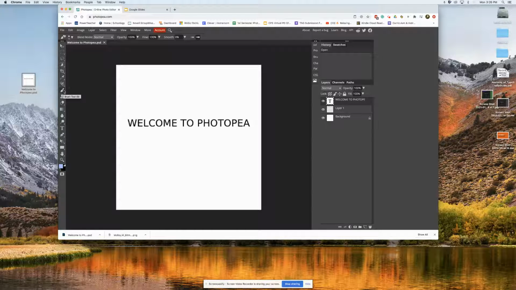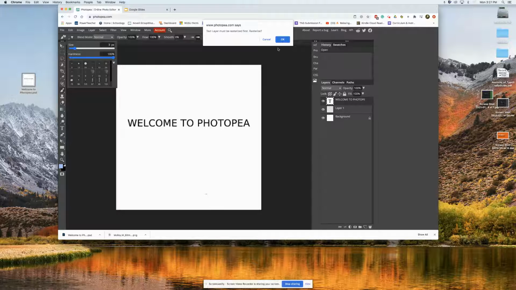Now, while we have our brush tool selected, we have all the options up here for the brush. If we want to make our brush bigger or smaller, we can click this down arrow here where it says 15, and we're going to move this down to about 3. Now this gives us a smaller brush, and if you're following along with me, let's go ahead and in the bottom right hand corner, we're going to click, and we'll notice that it says that this text layer must be rasterized first. We're going to go ahead and hit